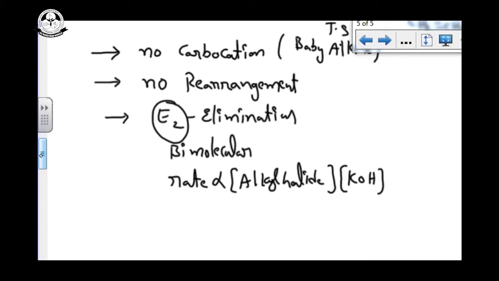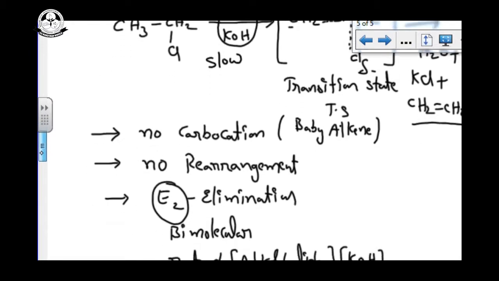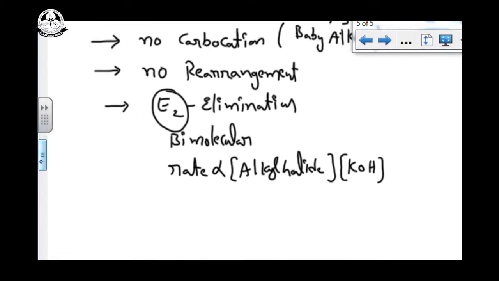In the alkyl halide, the carbon-chlorine bond is breaking, the carbon-hydrogen bond is breaking, and at the same time OH is also attacking, K is also attacking on Cl minus. So all these things are done in a single step. Already I told you, E1 is 2 steps, E2 is 1 step. Substitution is also the same, SN1 and SN2. In 12th standard we have SN1 and SN2 reactions. 1 becomes 2 steps, 2 becomes 1 step. Like that you can fix it.